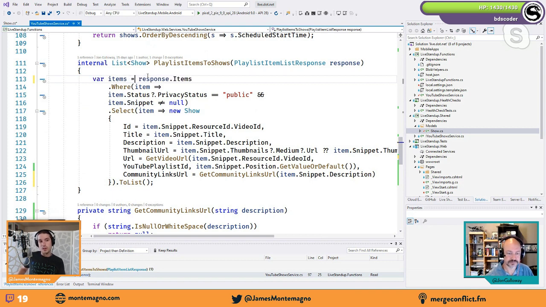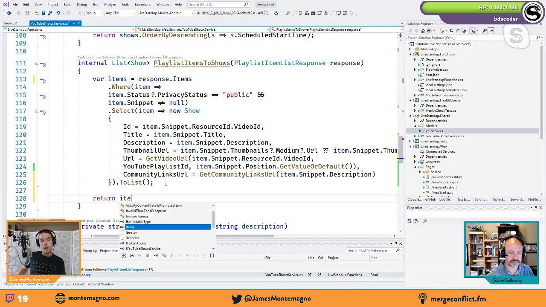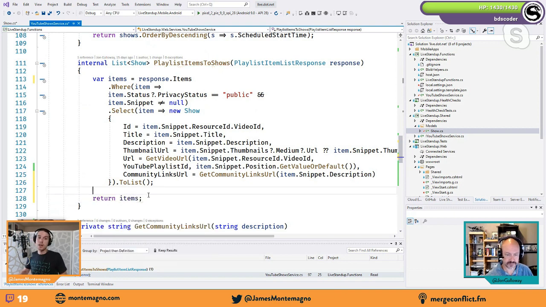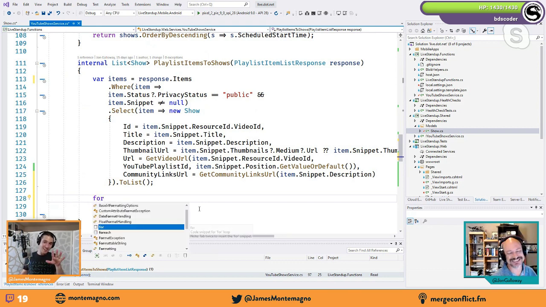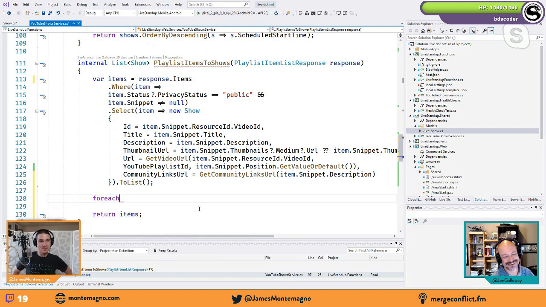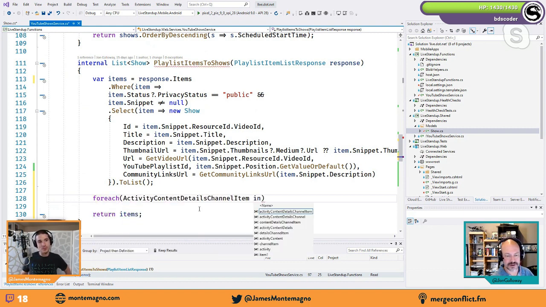And then at the end, return the items, obviously. But then I would do for each item in items. And then let's fix it up, right? Yeah. Okay. So just do it in this, or I mean, there's clever LINQ, like items.ForEach or whatever, right? Yeah. I mean, I love LINQ queries. Don't get me wrong. I love LINQ. Yeah. Okay. And then it's like through all of these, then we'll just,